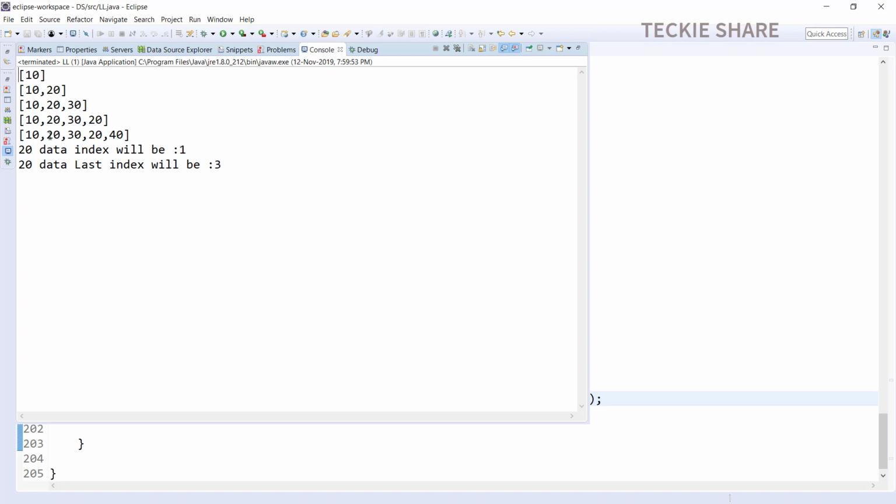Instead of that, it will verify all the data further until the list ends. Again it found the data at index position 3, so 3 will update the index field. Once the list gets empty, the while loop will exit. Finally the updated value 3 will be returned from the lastIndexOf method.